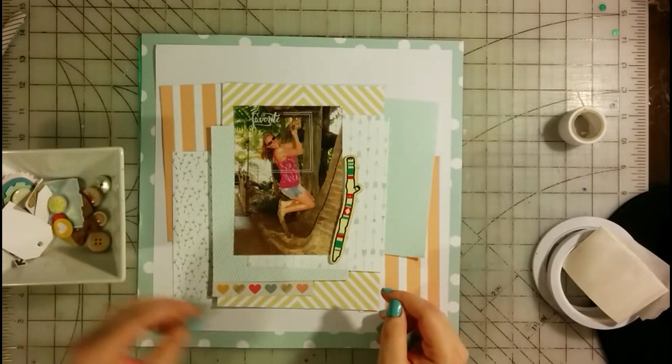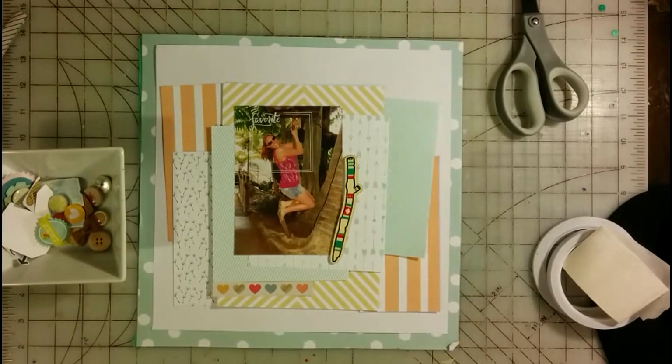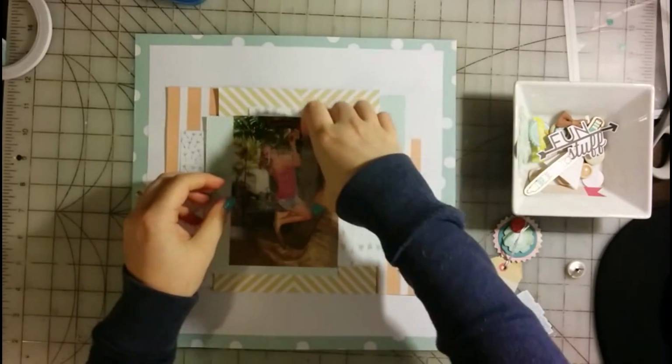This is one of my favorite photos from my trip that I took with my sister back in 2008. So I thought it tied in well, it made sense, and I don't actually have journaling for this layout. Oh no, I do add journaling. You will see the journaling. And so the journaling just kind of talks about how